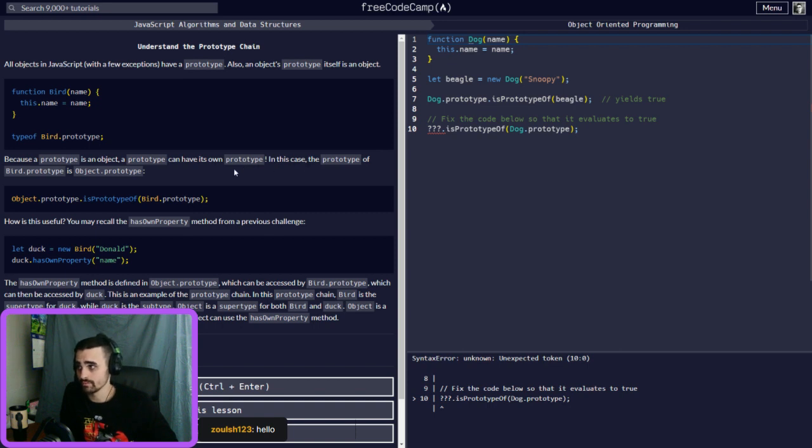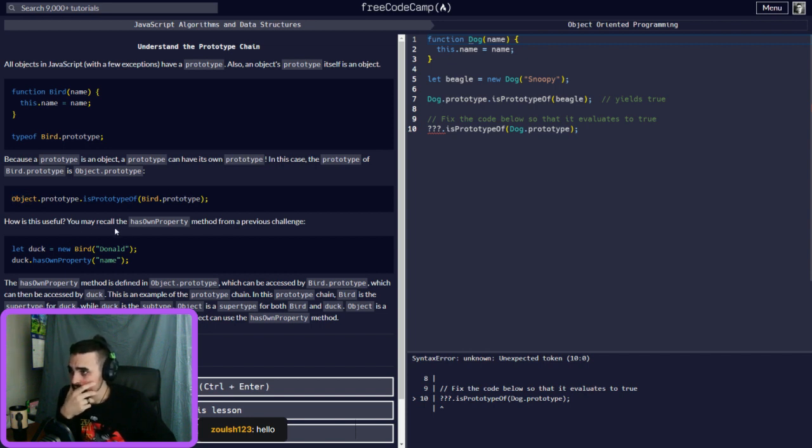In this case, the prototype of bird.prototype is Object.prototype. So Object.prototype.isPrototypeOf(bird.prototype) would be true because it is based off an object.